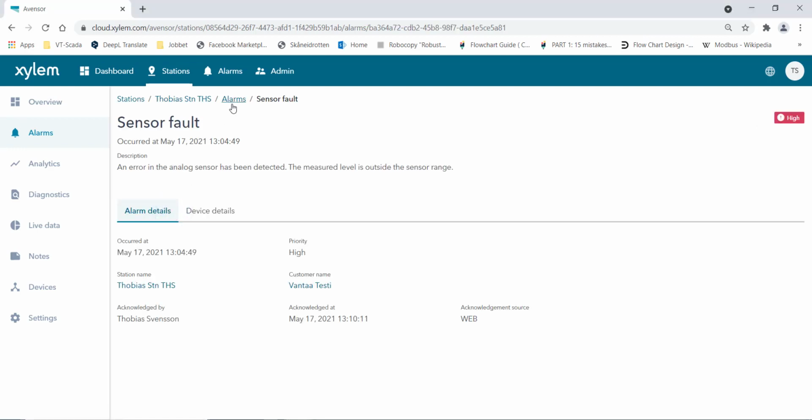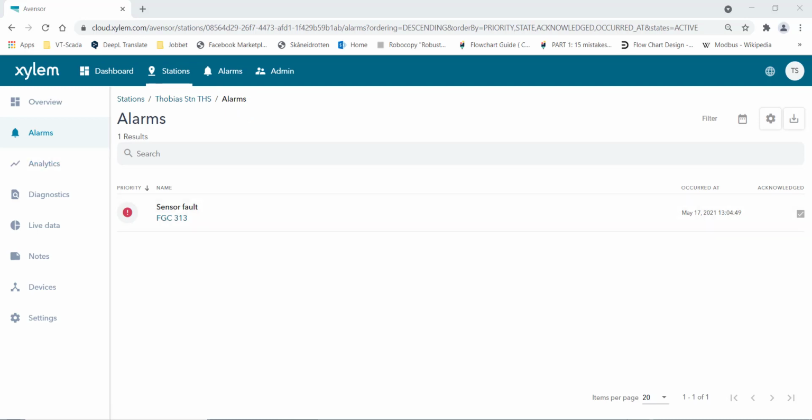And if you go back to the alarms, you can click here, or you can click here. That's the same. As you see to the right, we have a few options here. One of them is the filter function. If you press it, you can actually filter the alarms that have been on this station.